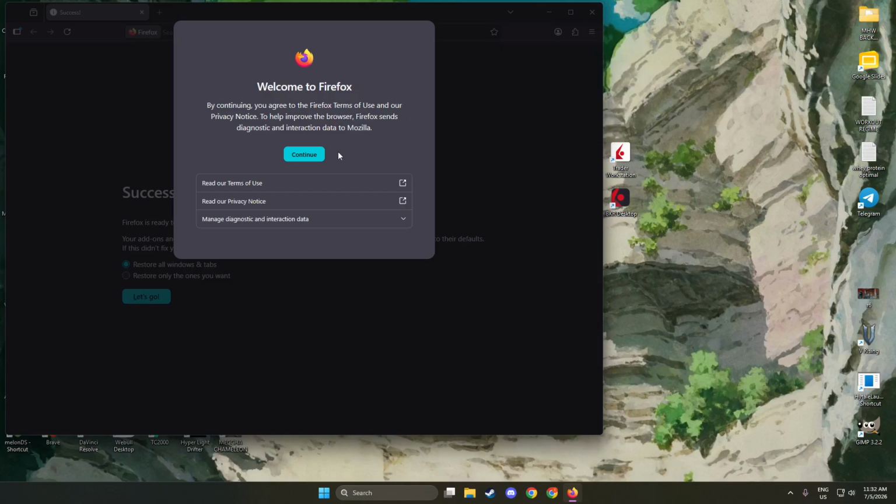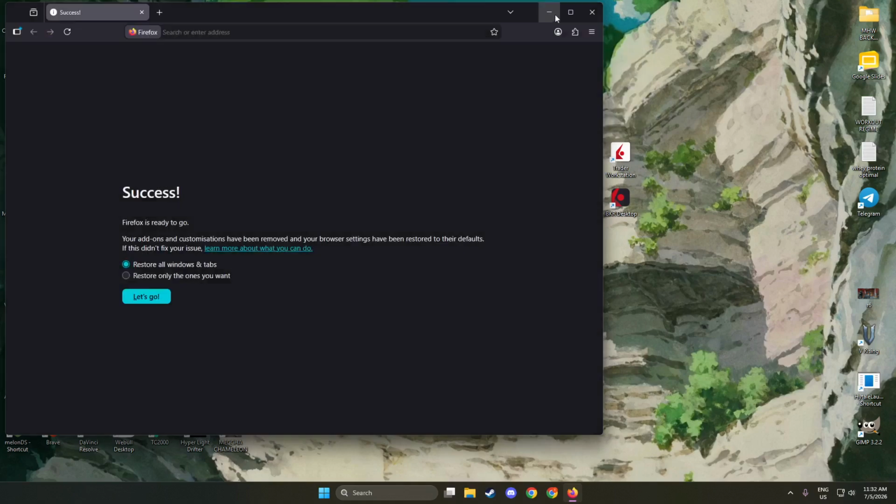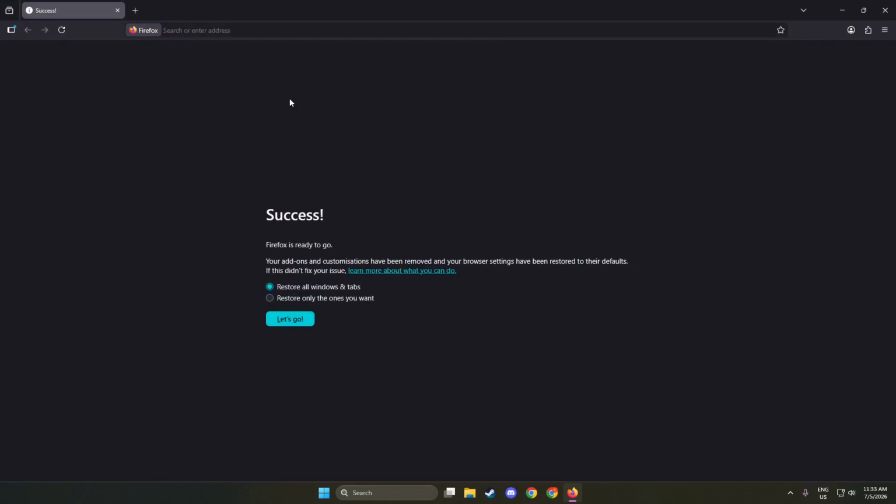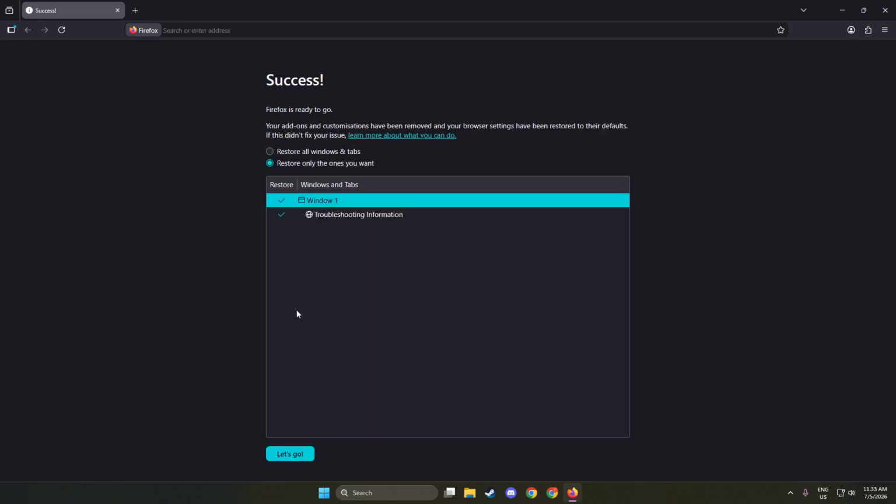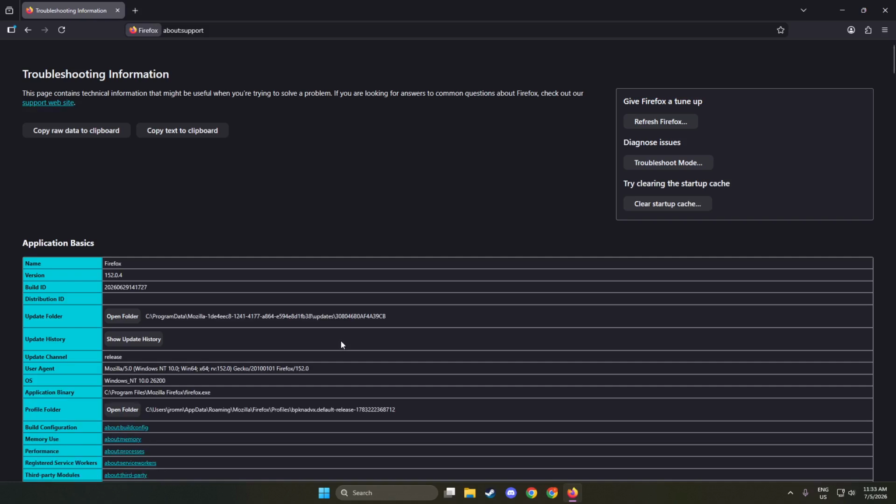This reset can often resolve various issues, including problems with shortcuts that may have been misconfigured. It's reassuring to see that your essential data is safe while still fixing the underlying problems you may have faced. Now you can test your Firefox shortcuts to see if the issues have been resolved. Open a new tab and try using your keyboard shortcuts to navigate or open pages. You should notice an improvement in how the shortcuts function. This is a great way to ensure everything is working smoothly again.